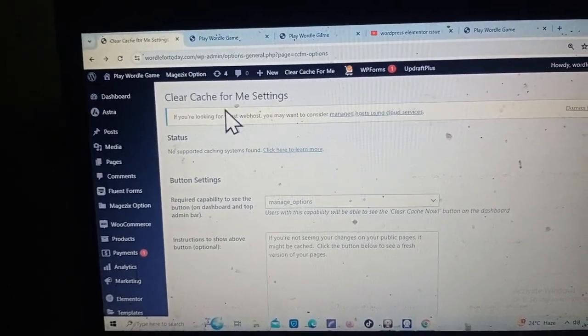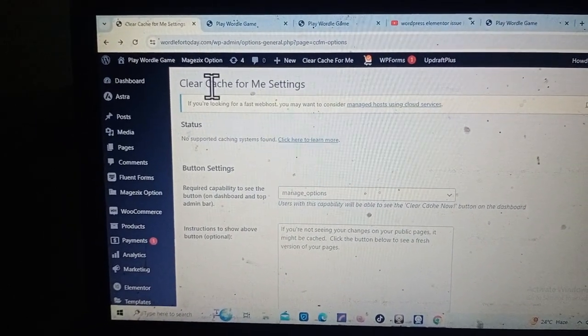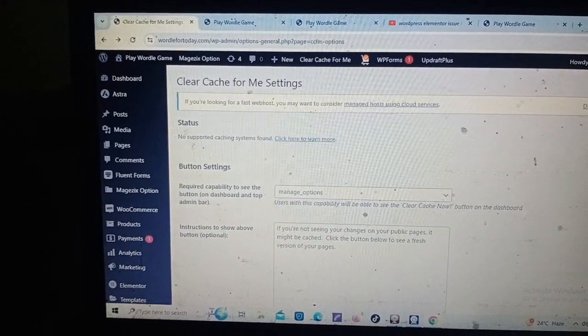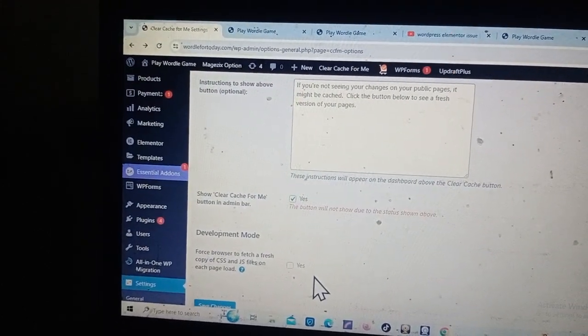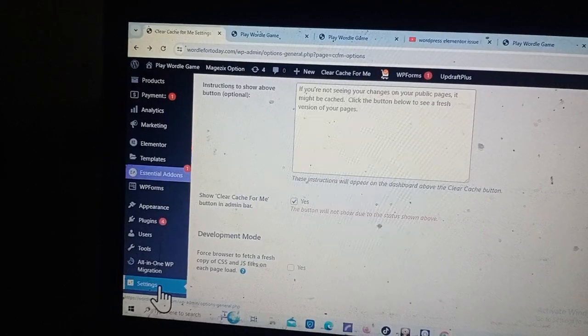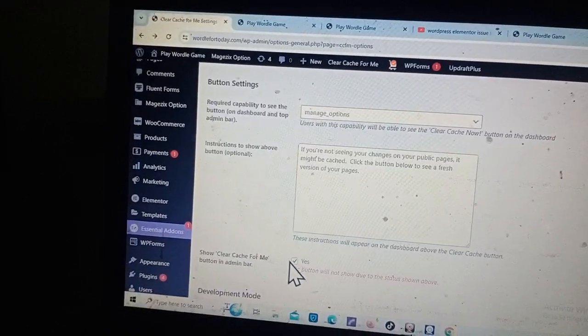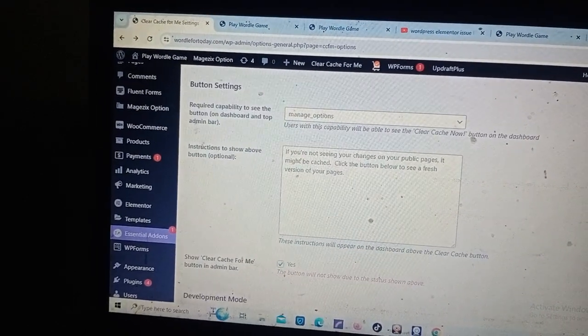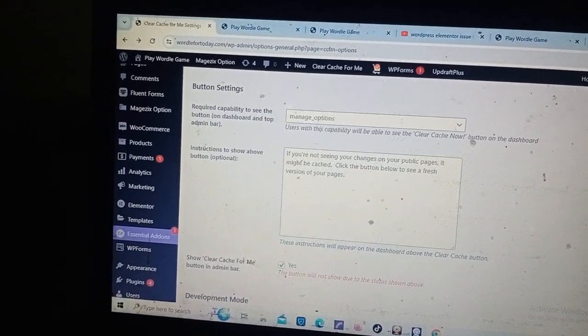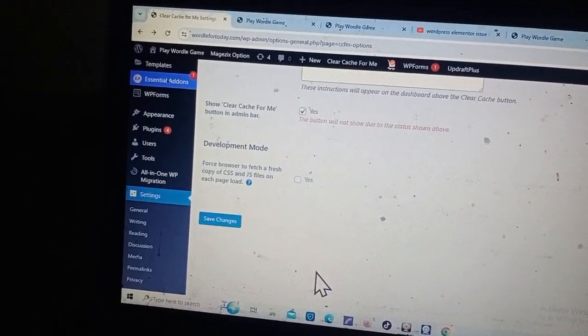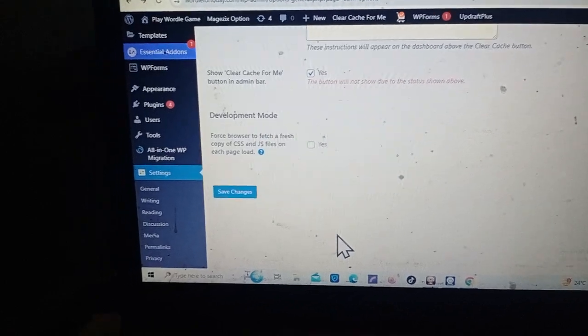The only plugin is this. I installed it for myself, and when I installed it, I went to the settings, and here I found it, and then I saved changes. Okay, I did nothing else with this. Only this was already clickable, and I clicked save changes. Okay, so let me show you on my mobile